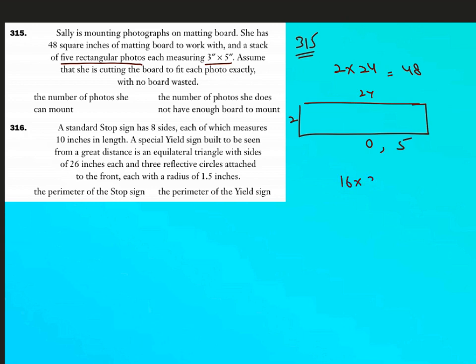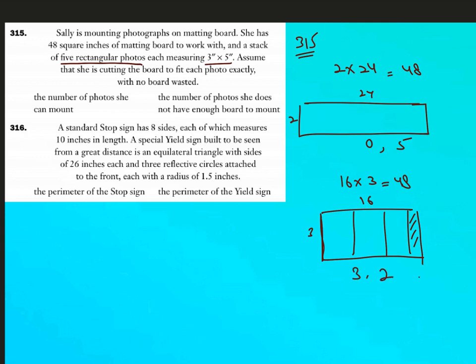16 times 3. If I take this dimension, in fact, one second. If this is 16, this is 3. Now I can actually mount 3 because width is 3. That's fine. From 16, I can take 3. With this would be the remaining portion, but I can take 3. So if I have this distribution for the area, I can mount 3 and not mount 2, which means quantity A is 3 and B is 2.